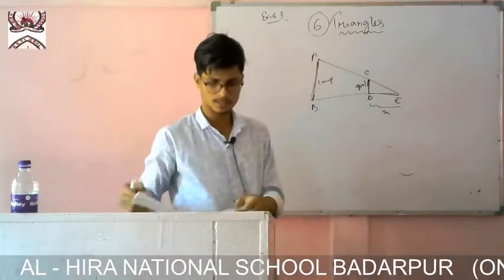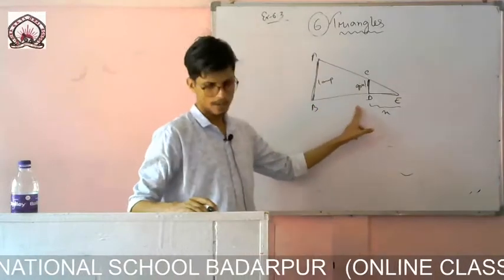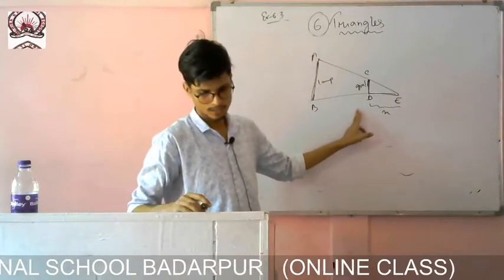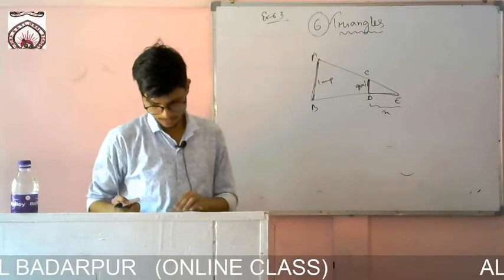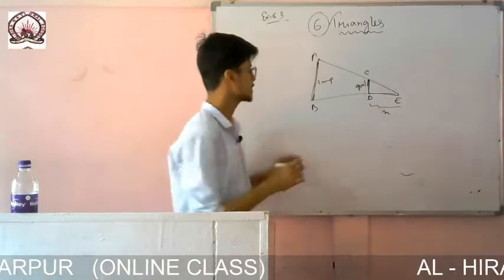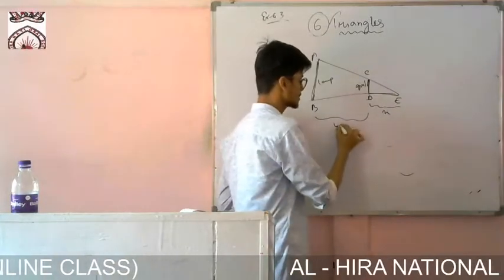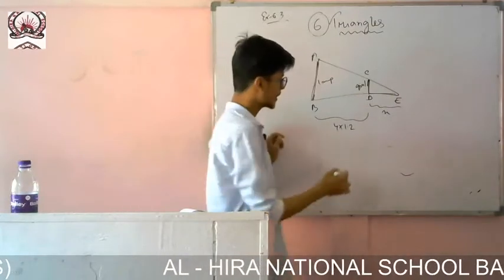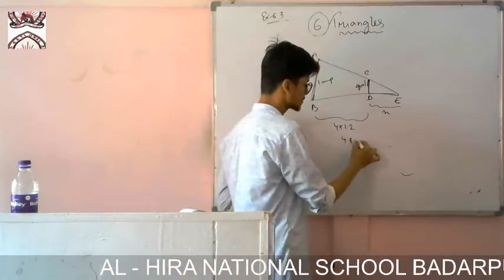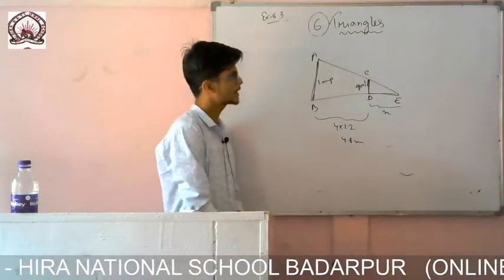So how much distance she will travel? That is BD. How much she went after 4 seconds at a speed of how much? At a speed of 1.2 meter per second. That means this much travel she covered in 4 seconds. So 4 seconds. And what was her speed? 1.2. So if we multiply, you will get this distance 4.8 meter. So BD came 4.8.